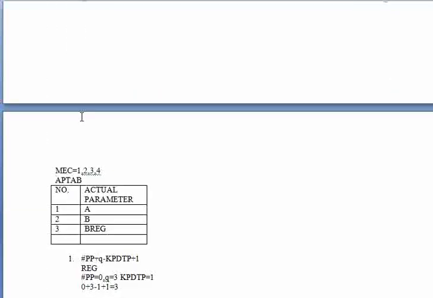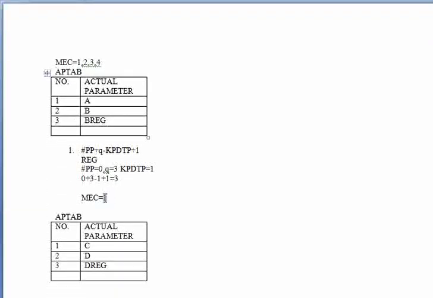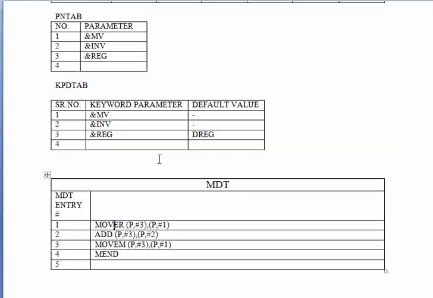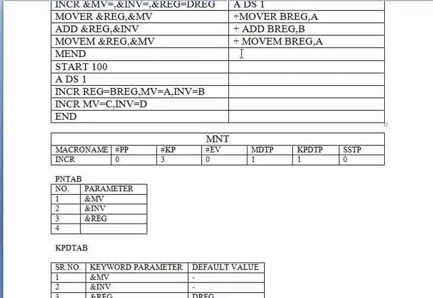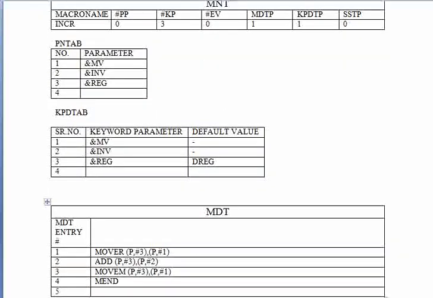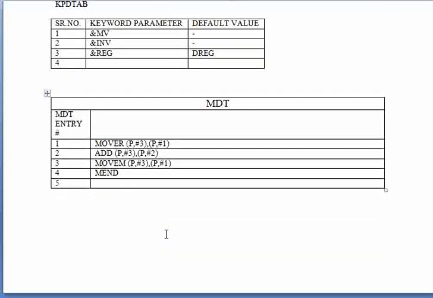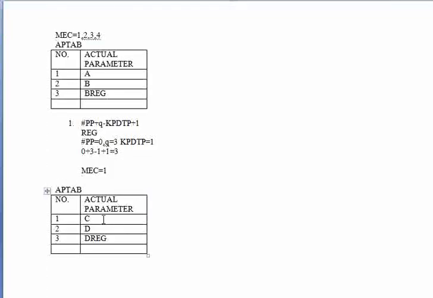Okay, for that please look at your MEC. What's your MEC? It's 1. Go to line number 1 and then write this over here. So we write here plus, we write MOVER, and what else is there? It says P comma #3 and P comma #1. So P comma #3 means look at your current AP tab.